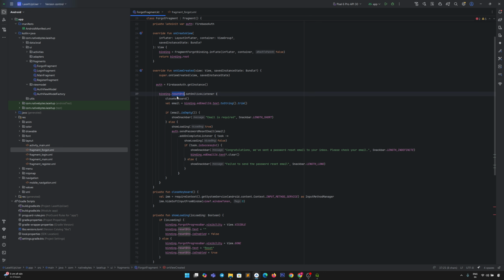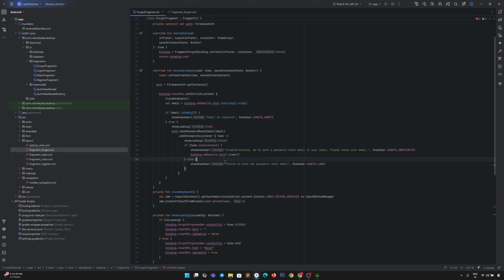Alright, here we have used a function called close keyboard. I will show you when we validate the email scenario. Right now we need to check whether we are providing the email address or not. If it is empty, it will show the "email is required" snack bar message. If it is a valid email, it will send a password reset email to the provided email ID. The user can see in the UI a snack bar message that we have sent an email to your email. Please check your email. And if it is not a valid email, the user can see this message in the snack bar.